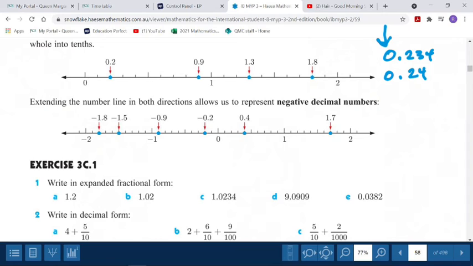Well, zeros are the same, so I can't tell anything from that. The 2's are the same, so I can't tell anything from that. The 3, which one's bigger, 3 or 4? 4. So that means that's the bigger decimal. Even though the other one has another digit, we don't care, right? We just compare them going to the right until we get to the biggest digit, and that's automatically the bigger